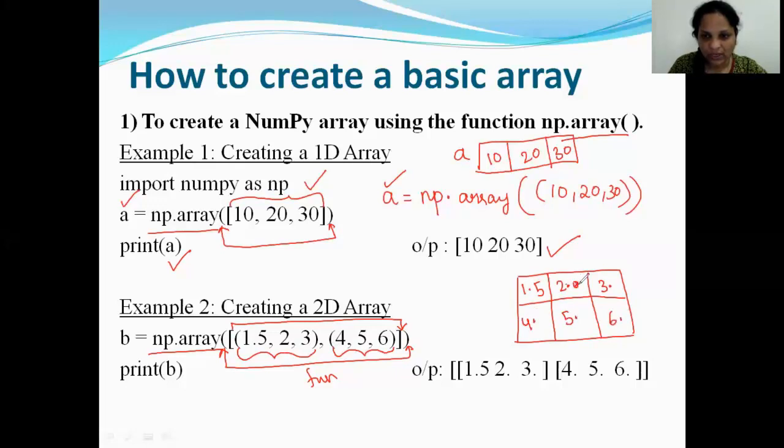Now you might be wondering, why have I put a decimal point with all those numbers? You remember in the initial part, I told you that all arrays are homogeneous. All array elements have to be of the same type. That means you can't have one element as float and another element as integer. What happened in this case is I specified one of them as float and all the others as integers. Python automatically converts them to float. Suppose you had float and a complex, Python would automatically convert it to a complex.